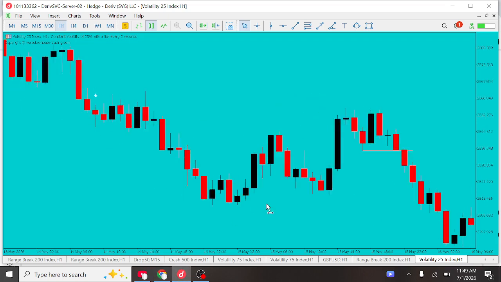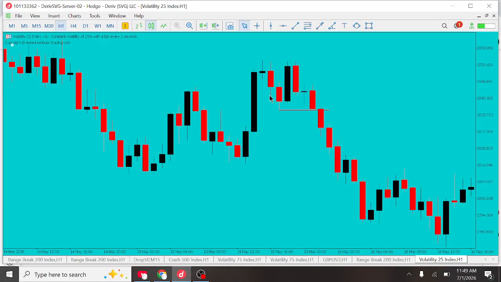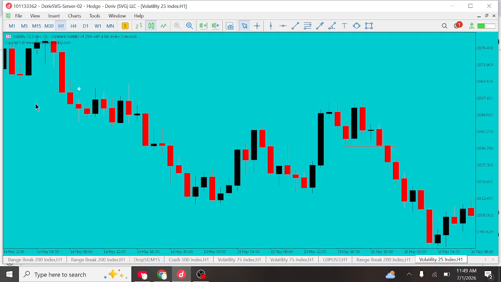Okay, so now when this indicator gives you signal to sell, you are not going to sell immediately. You are going to wait for a change of character, and before you have a change of character, price has to go up. You understand? So that means when you have a signal to sell, you are going to wait for price to first go up,